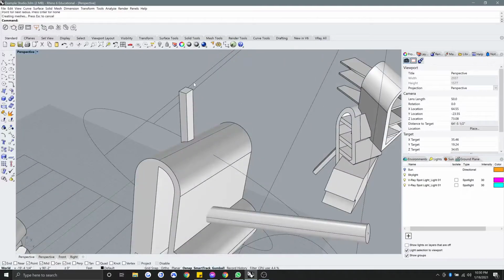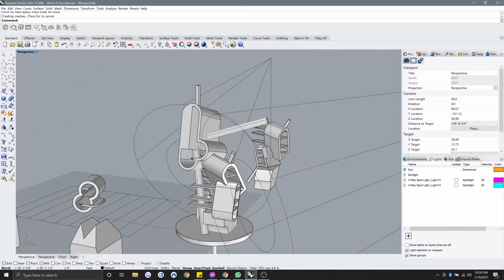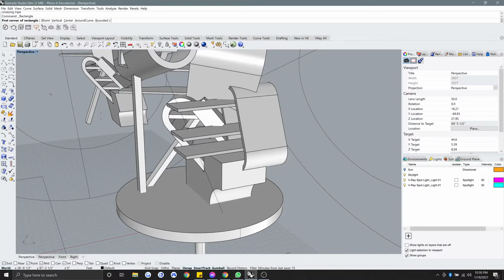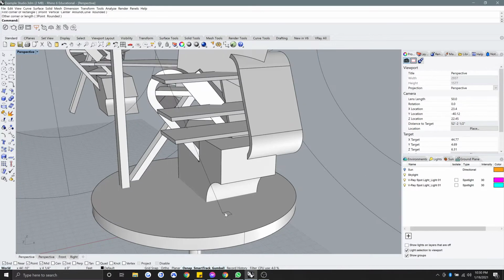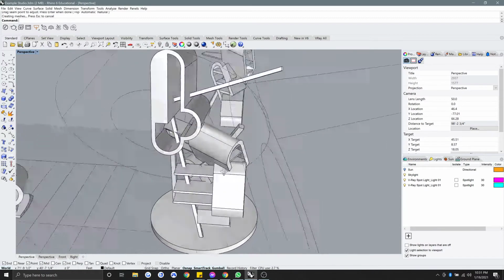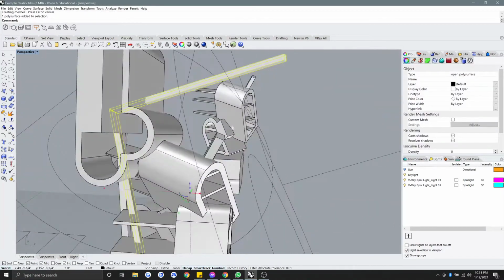But my language in this is much more of a rectangular structure. So that doesn't really fit with my narrative. So what I'll do is I'll attach a rectangle or a square. I'll hold shift to keep the rectangular tool in the square mode. And I'll type sweep 1 or just sweep, and sweep 1 will automatically come up. And it'll ask me for a rail, so I'll select this as my rail, and then without hitting any other buttons, we'll say select cross section. And I'll select this, hit enter, and that's going to give me a rail that